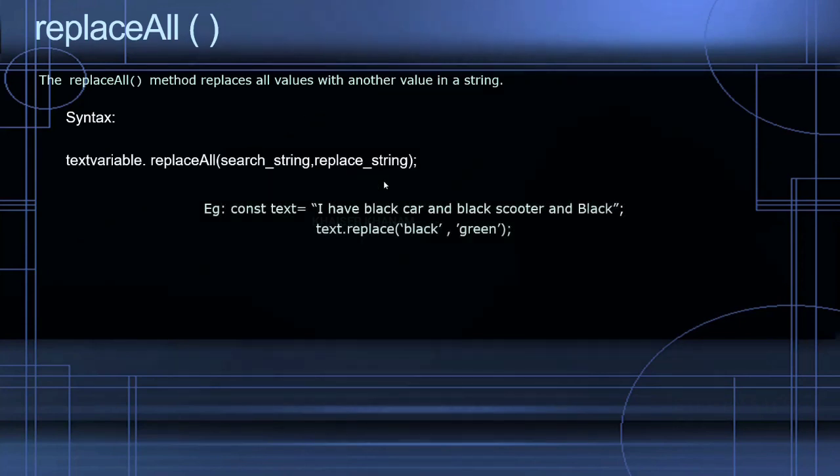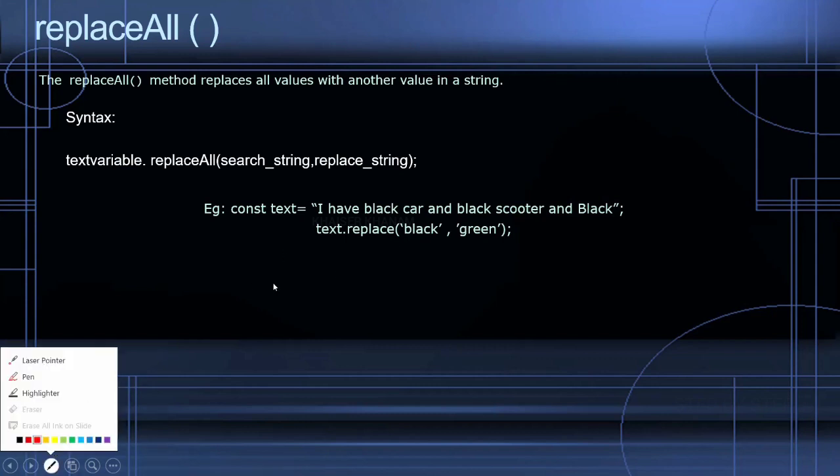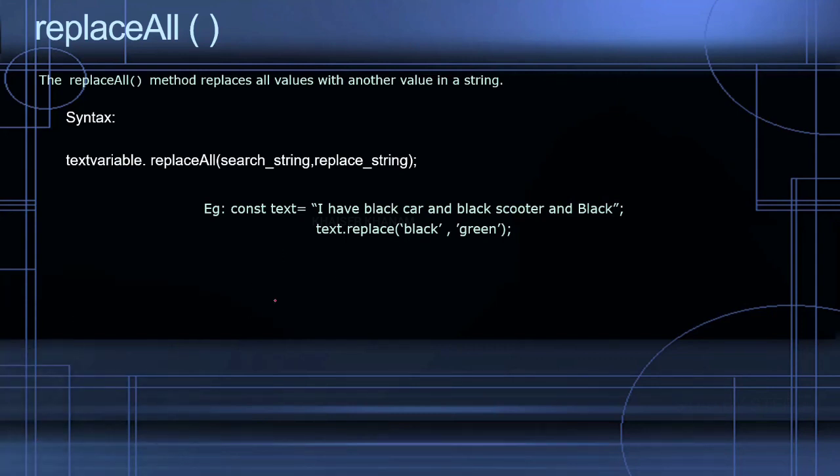Same string we are going to work with. And this black, when I give this example, it is just going to replace the entire thing. Okay, here I should just write replace all. I will be changing this one. Here I should be writing replace all. When I write replace all,